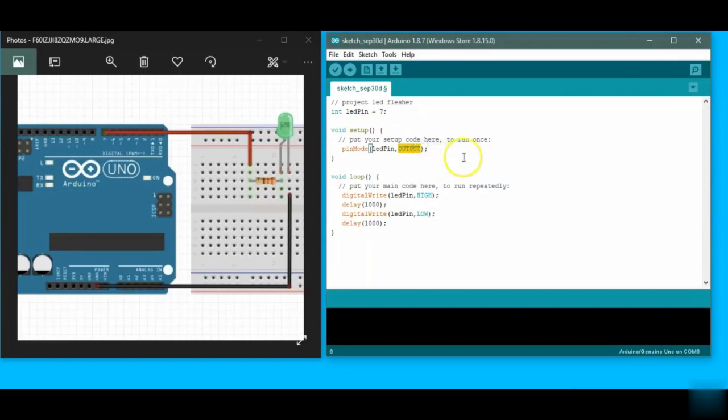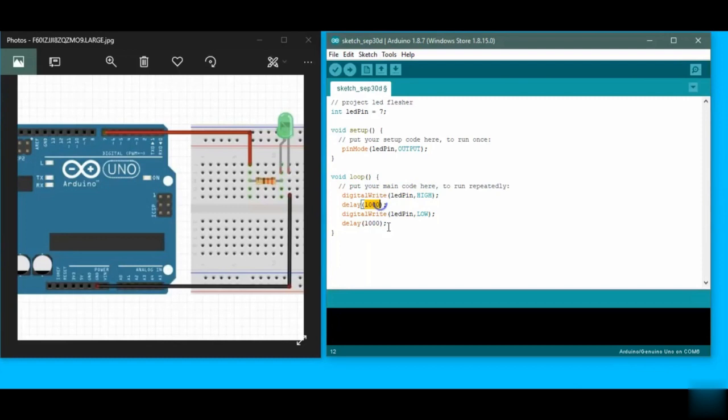Then output has two forms, that is HIGH or LOW, which means the current is provided or not. So here write denotes that we are going to provide output, and the output is either HIGH or LOW. So for that we are first giving HIGH, it means we give current and the LED will glow. And then again we have statement terminators, and then we are using another keyword delay, which means that after this statement the Arduino has to stop for 1000 milliseconds.